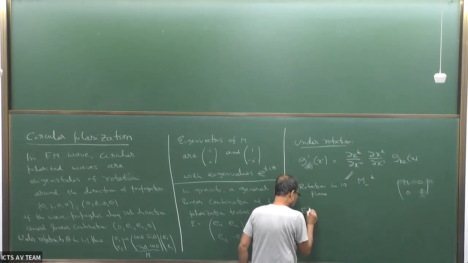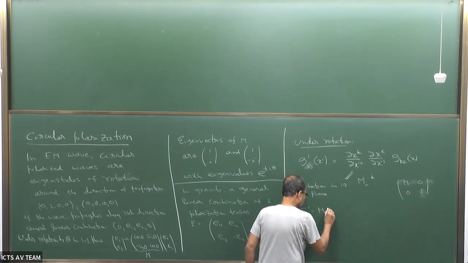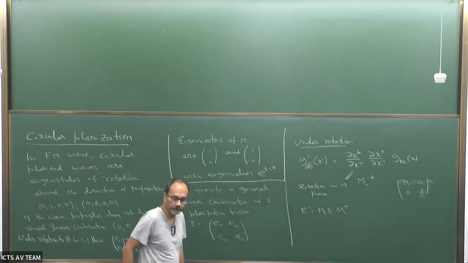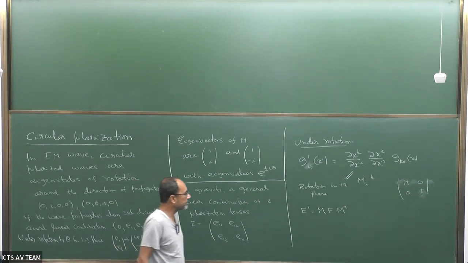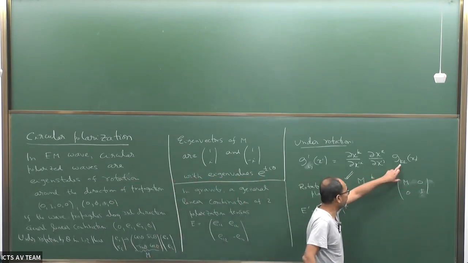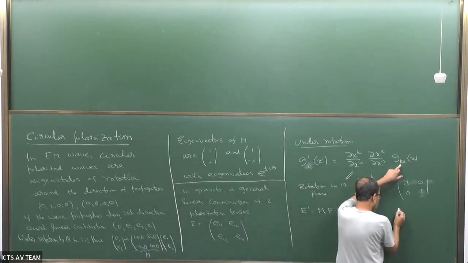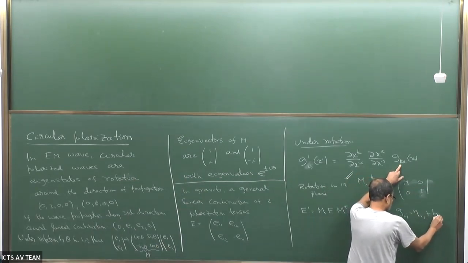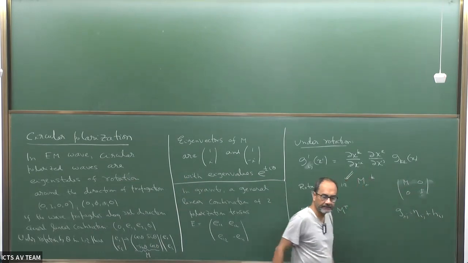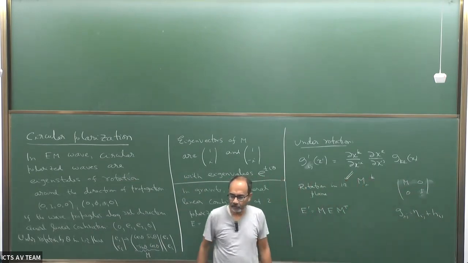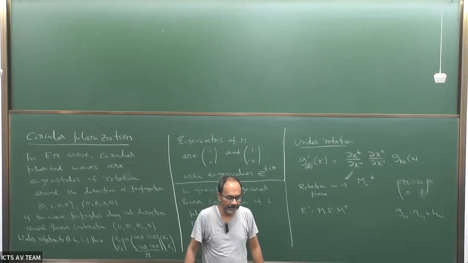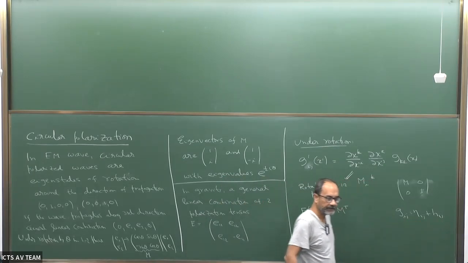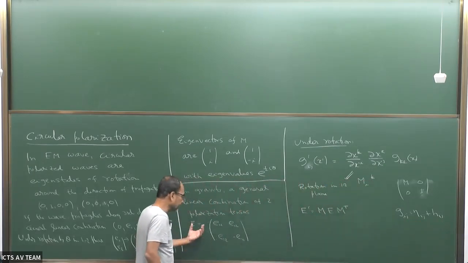E prime is equal to M E eta M transpose. So this is the important equation. Because this is M, it multiplies G. I am thinking of G Ij as eta Ij plus H Ij. Eta of course remains invariant on rotation anyway. So M eta M transpose is just eta, so you don't have to worry about that. So only the H transforms,